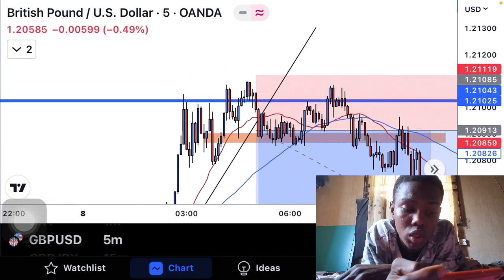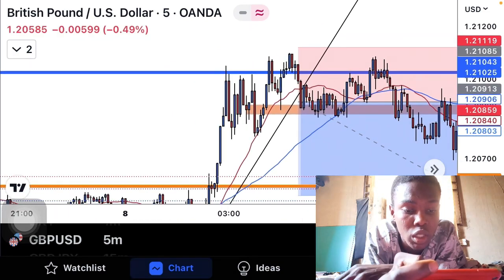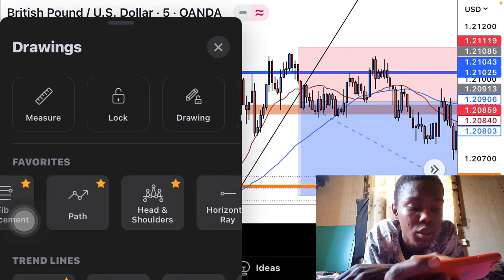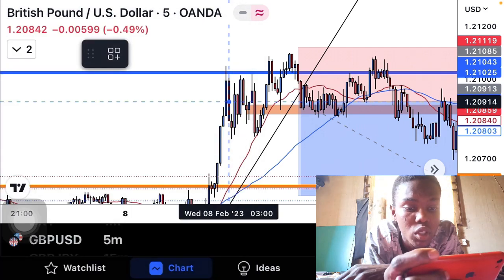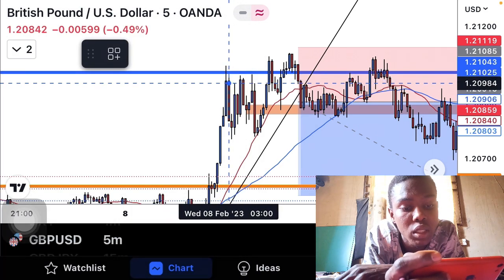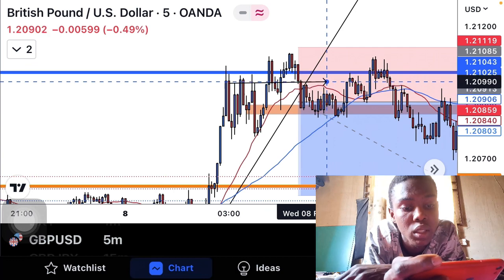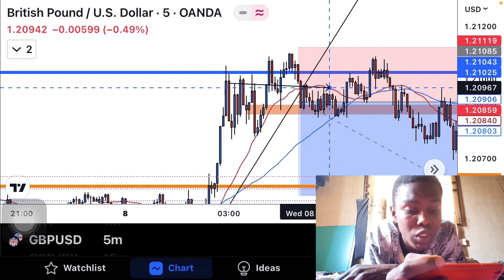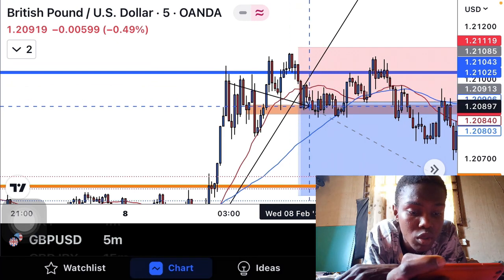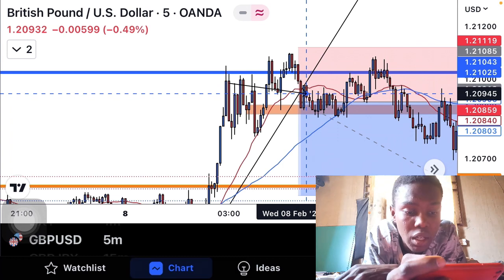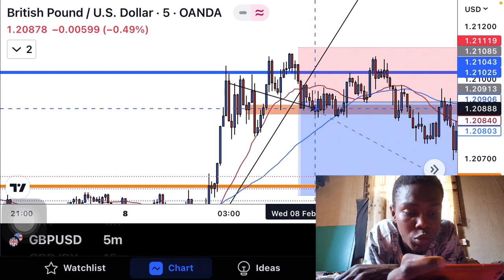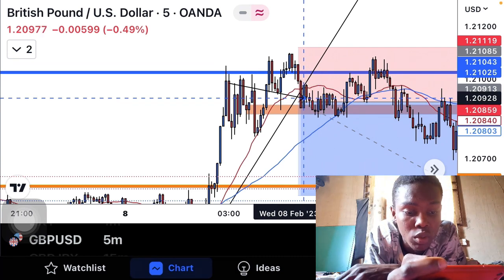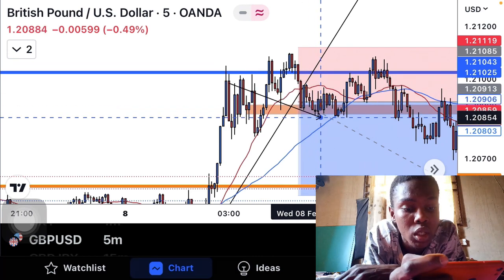I was looking to go short on this one, so I was waiting for the break of this trend line, and also there was a structure right here, at this area. So at the break of that structure and break of this trend line with this candle that broke, this bullish pullback, I was like, if it pulls back and gives me a bearish momentum, I'm going to go in for a sell. And after this red candle, the second bearish candle, I went in for a short immediately after that candle,